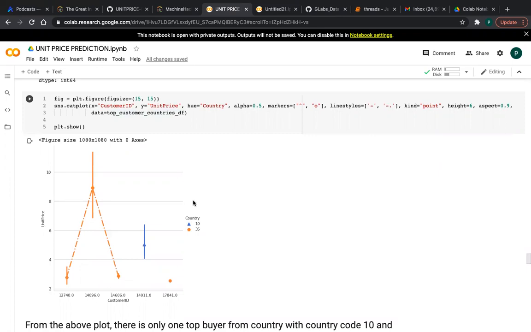From this we can know. See, there are only two countries, 10 and 35, because from country 35 people are buying more, so the cost of the items is also more, because some customers buy costly items.